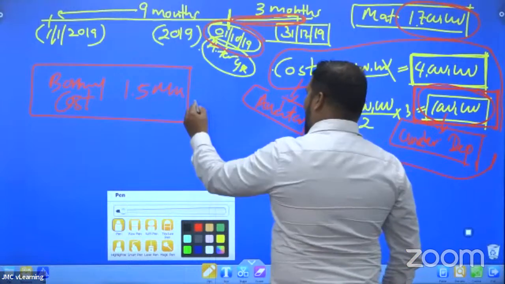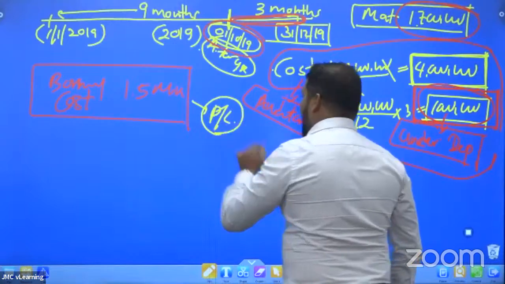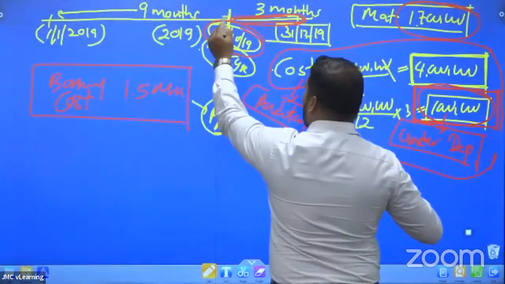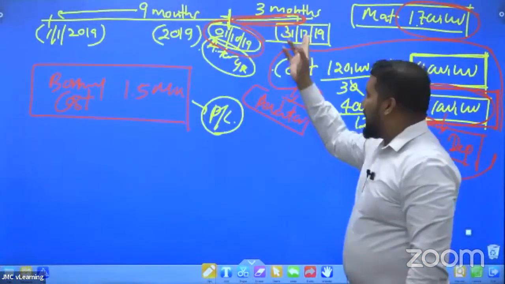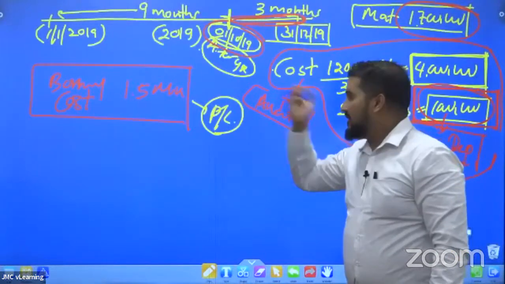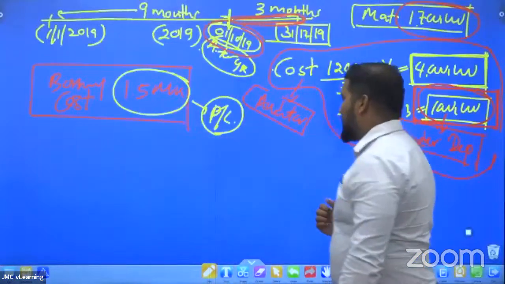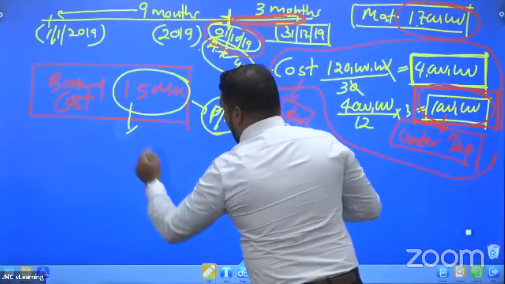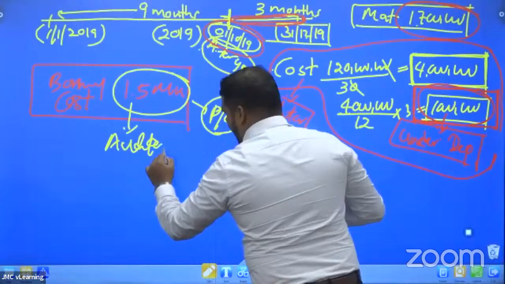No. In that context, this needs to be charged to P&L rather than capitalized. Then the 3 months period you cannot capitalize because the asset is available for use. In that context, this 1.5 million should be charged to the P&L. Again, this is identified as an error which is detected by the audit.